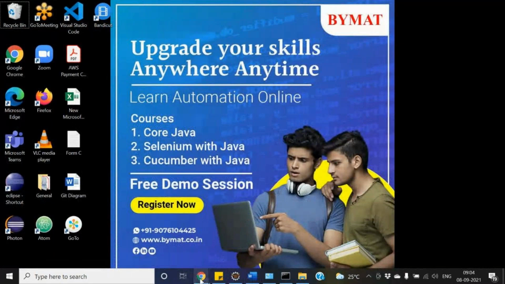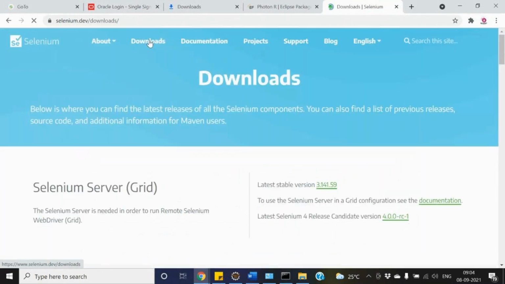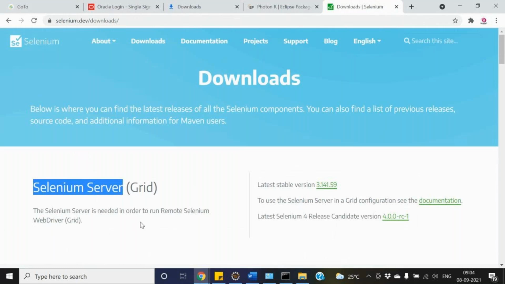When we are working with Selenium, if I go to the download section, we will be able to get the Selenium server. There, the latest Selenium version is 3.141.59.